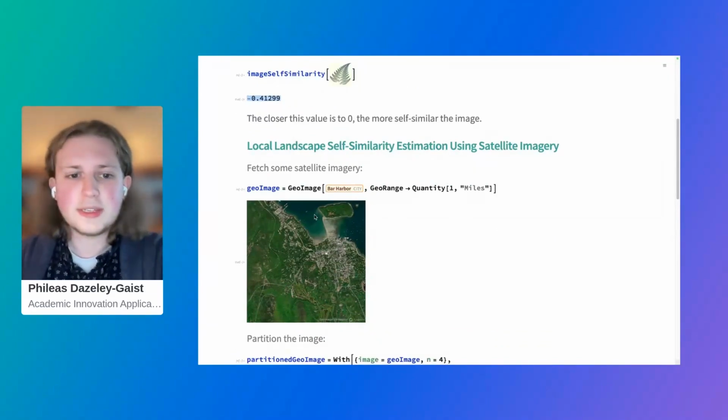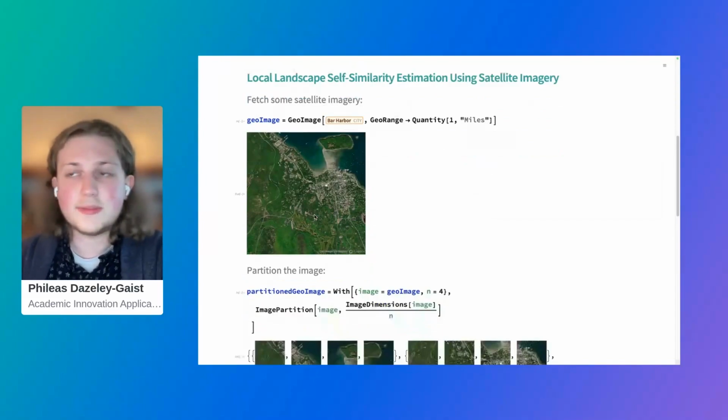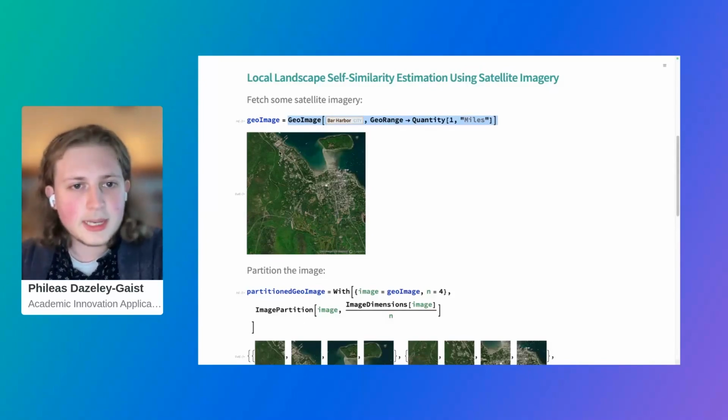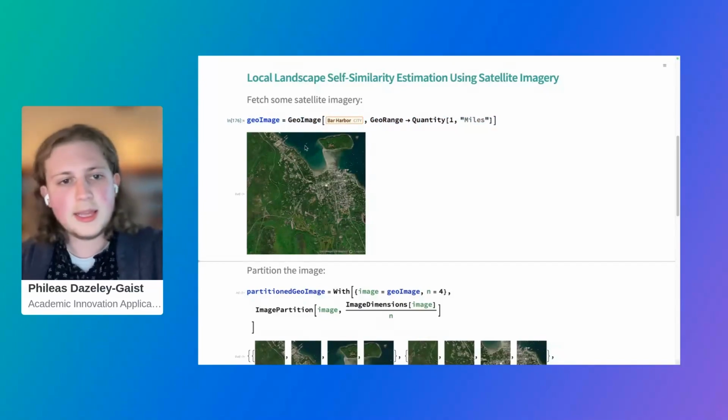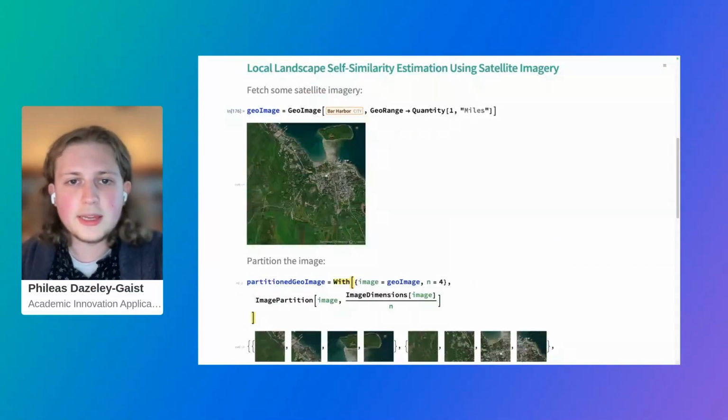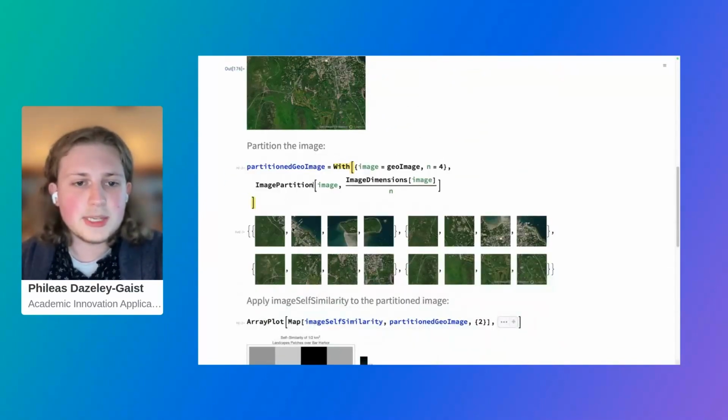So we can apply this now to get a sense of the local self-similarity of a landscape, of a satellite image of a landscape. So here I'm fetching some satellite imagery for Bar Harbor in Maine. So I have this nice satellite imagery which I've assigned to this variable. I then partition that image, for instance, into, so I asked here for a 1 mile radius. So these are going to be half a mile squared